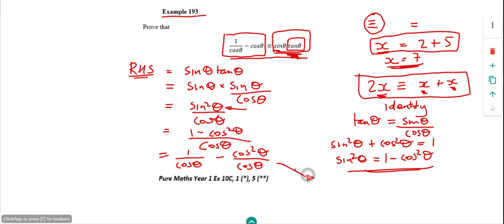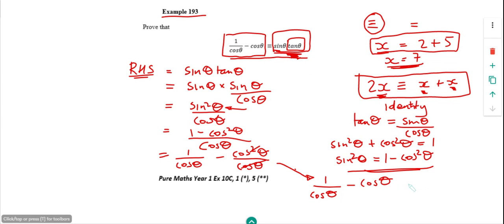We'll just simply divide the cos theta on the bottom with the square on the top. What I'll end up with is 1 over cos theta minus cos theta,